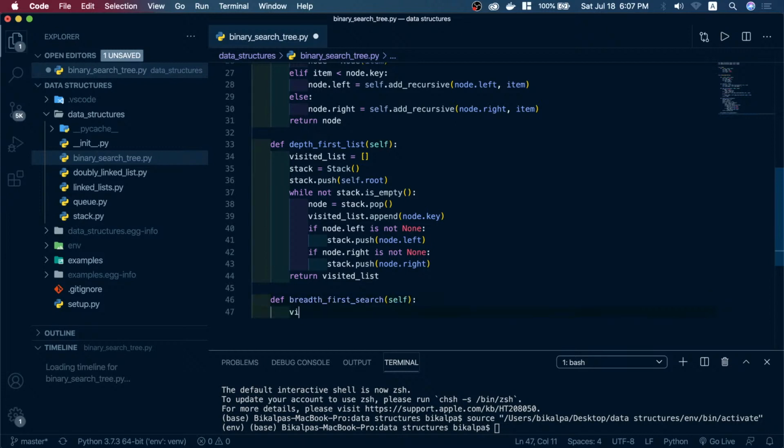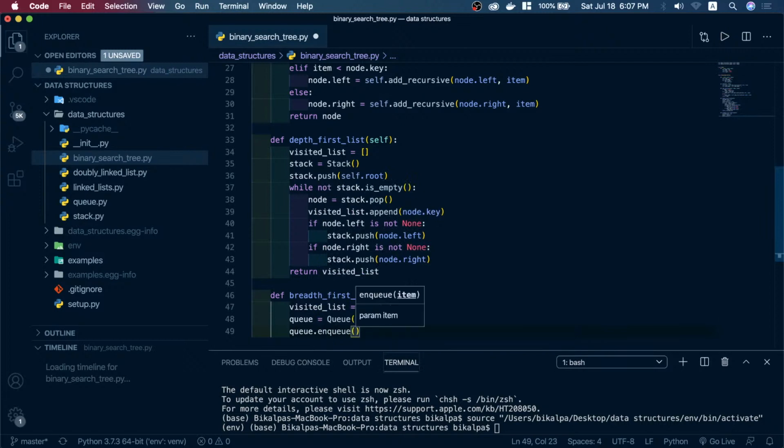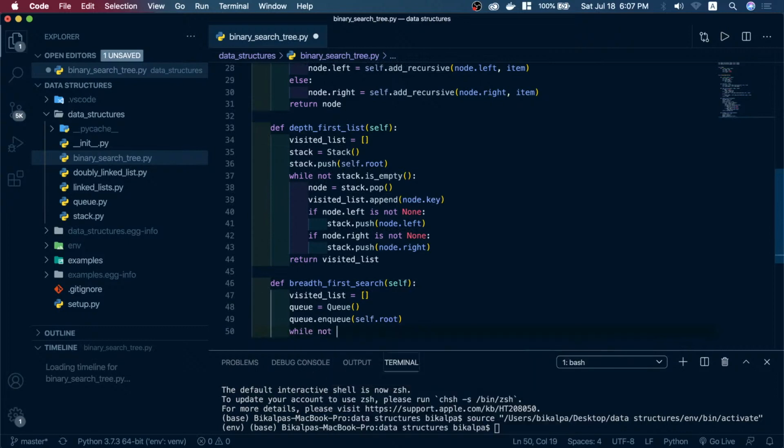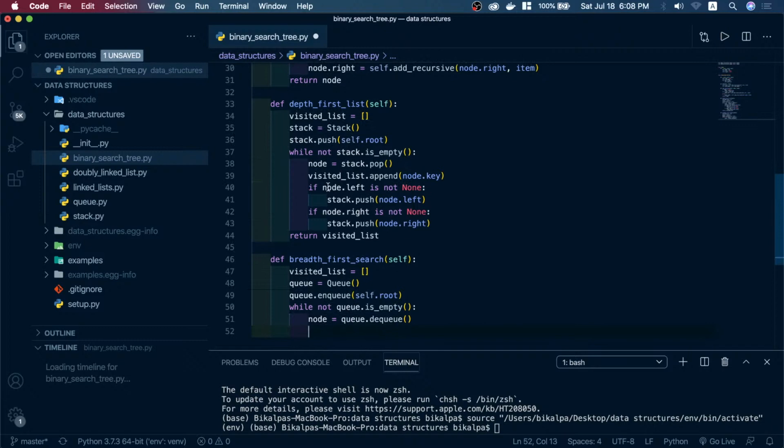In this case, all of the other things will be similar. Visited list equals to empty list, but we will create a queue instead of a stack. We had created a stack here, but now we will create queue, and then we will insert self dot root into the queue, and while the queue is not empty, until and unless the queue is empty, we will basically do node equals to queue dot dequeue. Instead of stack dot pop, we will do queue dot dequeue, and we will just say visited list dot append